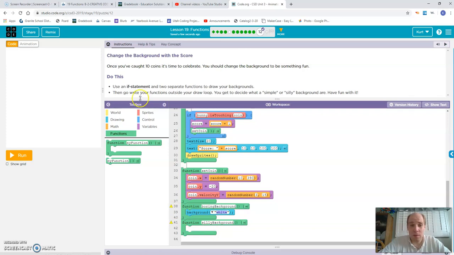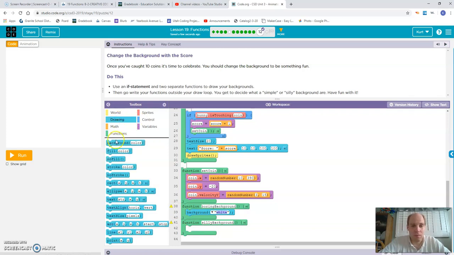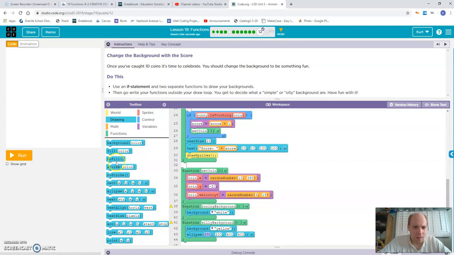Silly background, we can do something kind of crazy. We could do like neon yellow or something like that. So we just say yellow. If you want to add other things to the background to make it look a little more interesting, you can put like some random ellipses and rectangles in here. So we say ellipse and